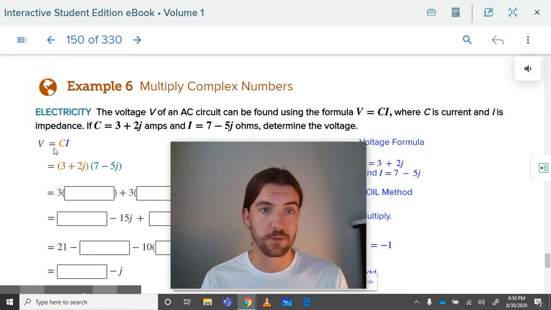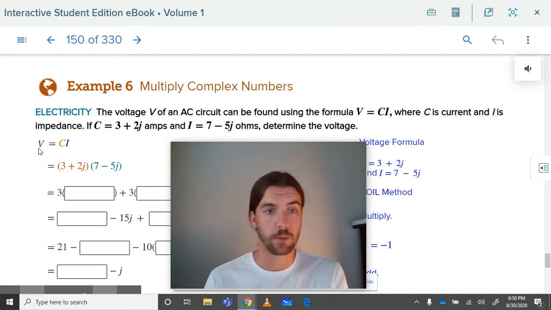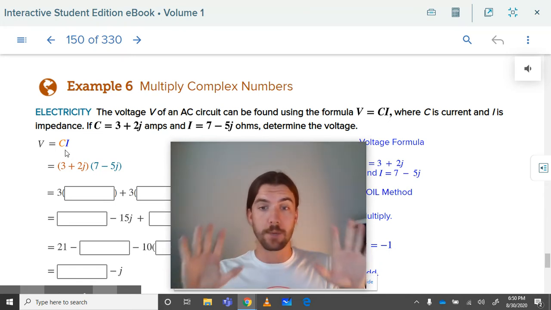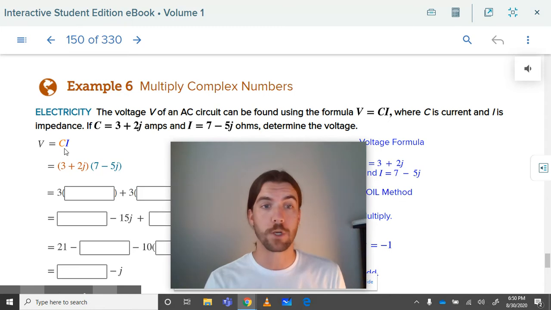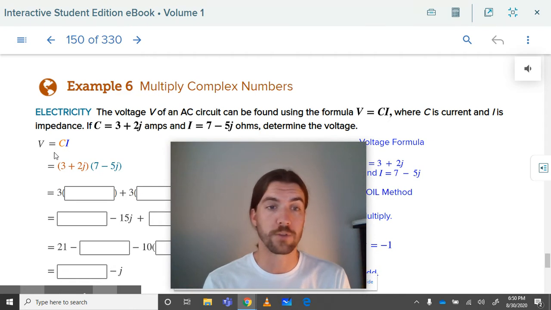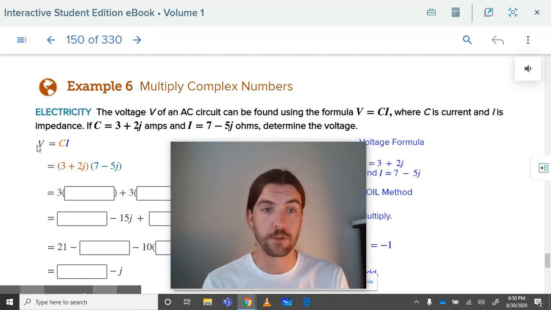Now, looking at this equation, we are dealing with something where the voltage is related to two things. It's related to the current and the impedance, when you impede something, I guess is probably the better way to pronounce that. Okay, when we have two numbers touching here, we're talking about multiplication. We're not talking about addition where we have two things that add up. We're talking about multiplication. So a good way to think about this is usually to think about what happens if I hold one the same and I change the other. Okay, so for example, if this equation says that the voltage is always equal to the product of these two,